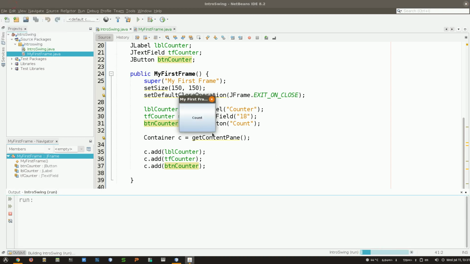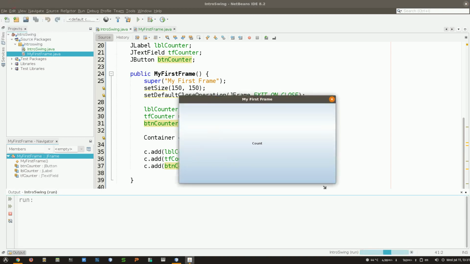Oh, something happened. I'm just seeing the button. What about the others? They are behind it, exactly. They are behind it because